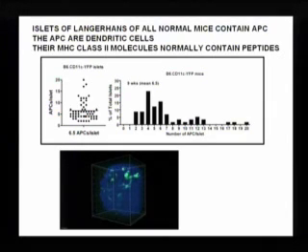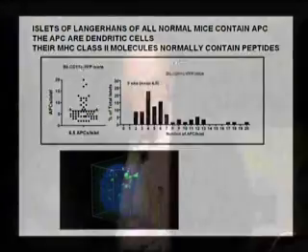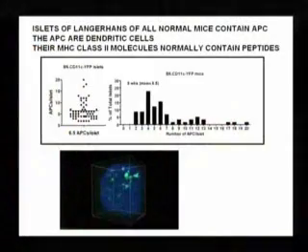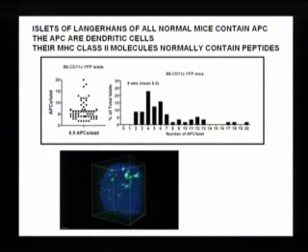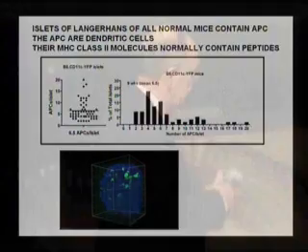Okay. Some islets contain large numbers of them. Some islets contain 2, 3, and so forth. And this is the distribution of them. So this is a normal occurrence in all of them. We know the markers. We've studied them very extensively. CD11c, CD11b, those of you who follow dendritic cell biology, and so forth.